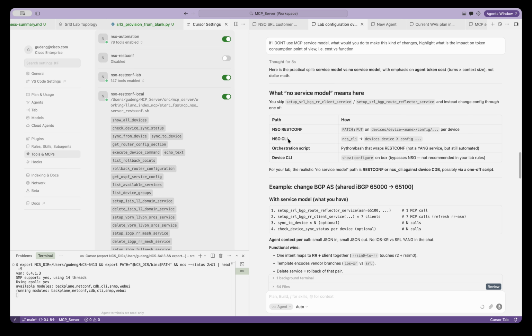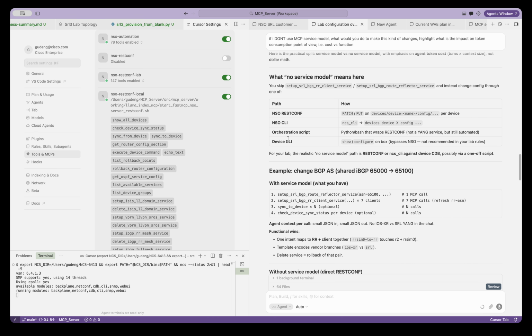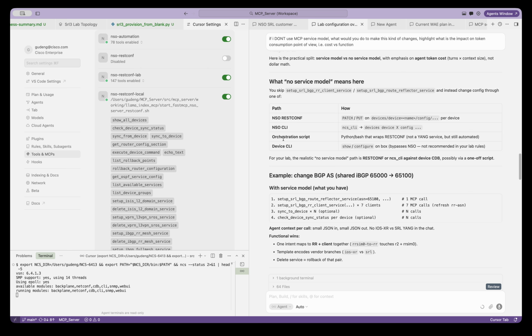You can configure devices using CLI, but I wouldn't recommend that. Then you have an orchestration script. You just use Python or bash to wrap around RESTconf, but still automated. And you can, of course, go to the device directly and configure it using a CLI, show and configure. You can do that as well. But I really don't want to do that, maybe.